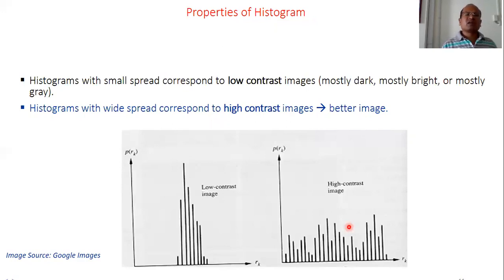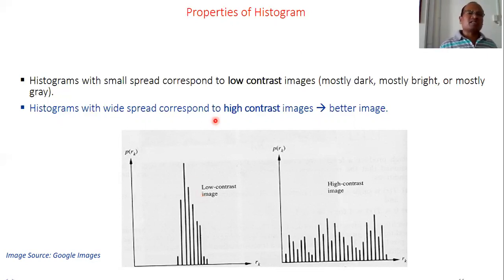Look at here. This is the low contrast image. In the high contrast image, if you compare, the pixel values have been distributed from lower value to higher value. Whereas in the first image, most of the pixels are centered only into a narrow span, narrow window, limited range of grayscale values. Whereas in the second diagram, we can see that from lower to higher, the number of pixels are assigned with different grayscale values.